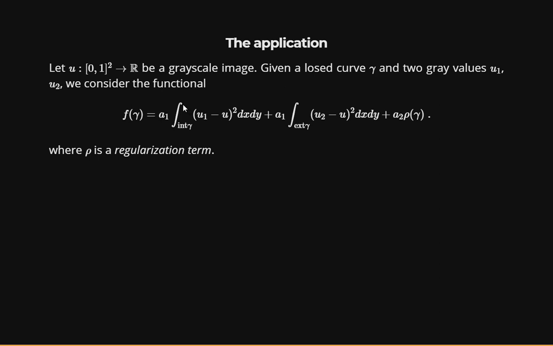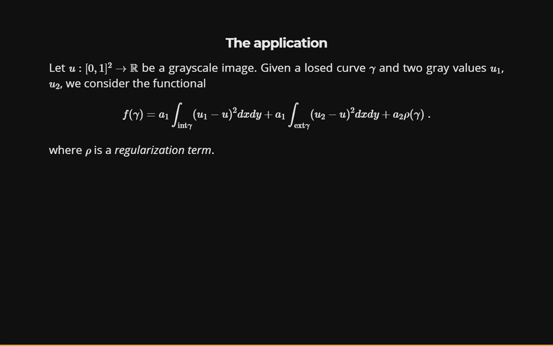A constant a1 times the integral on the internal region enclosed by gamma of (u1 minus u) squared, integrated in the volume, in the area, plus a2 times the integral on the exterior part of gamma inside the unit square, of (u2 minus u) squared, plus some regularization term which will compute the length of gamma and